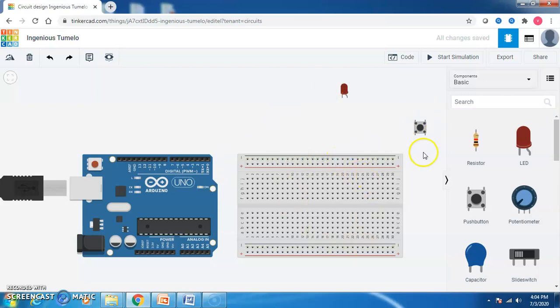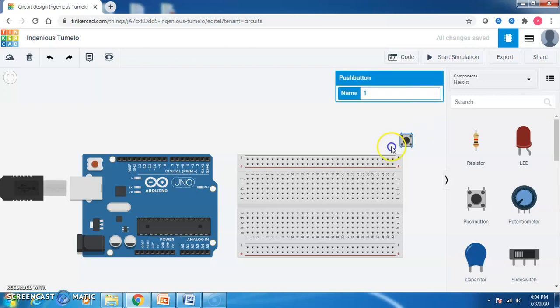So totally we have to connect 3 legs of your push button to the Arduino Uno board with the help of the breadboard. To do the connection, just place this push button over here. If I place my push button over here, the vertical connection represents the same. Like I said, one leg has to connect to ground. Whenever I am connecting this leg to ground, as the vertical connection represents the same, even this leg is redirected to ground. Why? Because the vertical line represents the same connection.